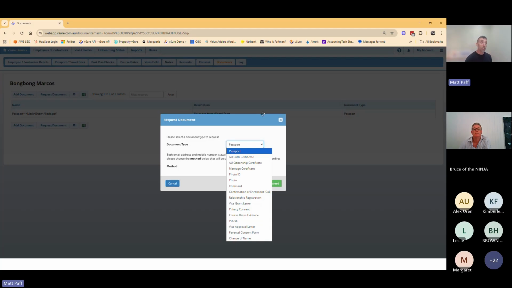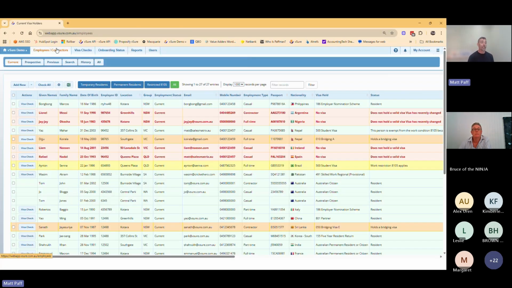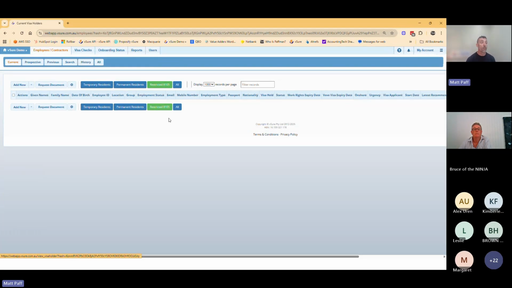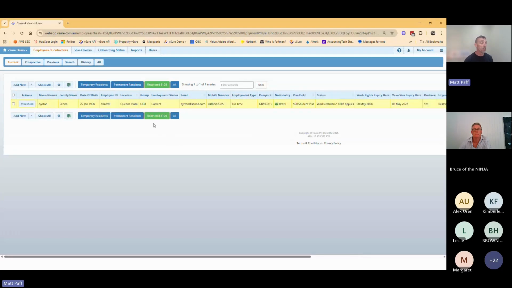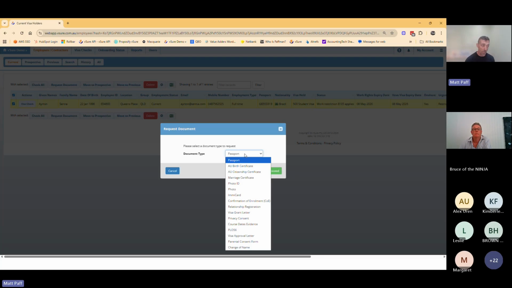They will come in, they will need review. Once reviewed, they'll update the employee profile. You can do this en masse. So the most common use case for this is, it's now February. We have lots of primary student visas on staff and we want to know what their term dates are for this year. An easy way to do that, you'll see this little filter button here, restricted 8105. These are all my restricted primary visa holders. You could have hundreds. If you select all, you'll now see this request document button, and I can come in and request any documents from my staff en masse.